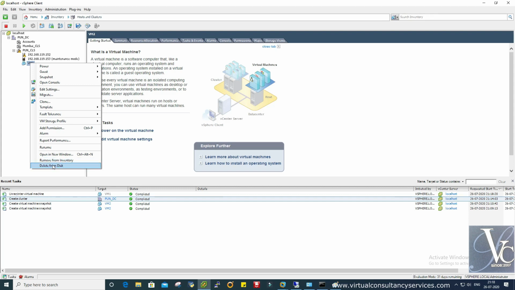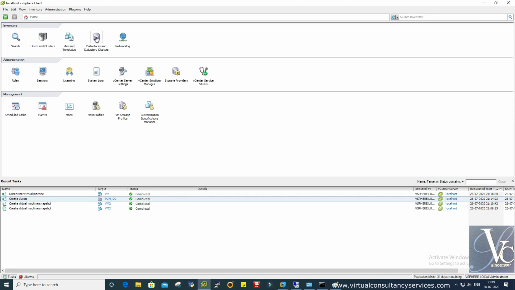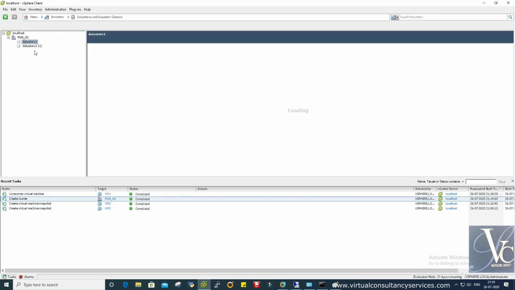Keep in mind there are two options. Delete was grayed out when I was performing remove from inventory, because I cannot delete that disk. It was inaccessible, so I cannot perform any action on it. But I can remove that entry. That was only the entry on the vSphere client GUI. There was no actual action I could perform on that VM, so I cannot delete the VM with its disk.